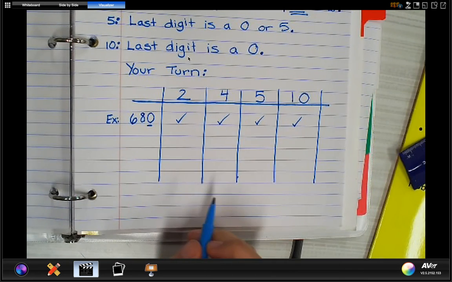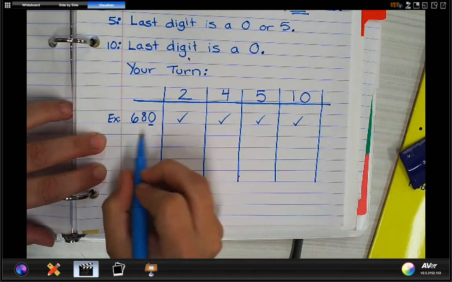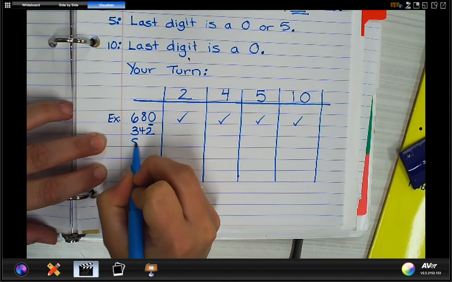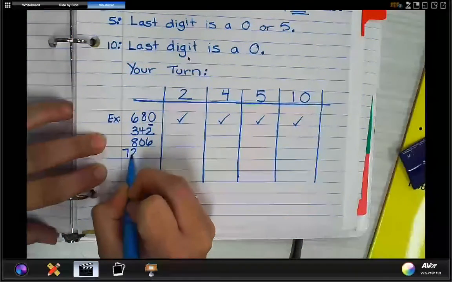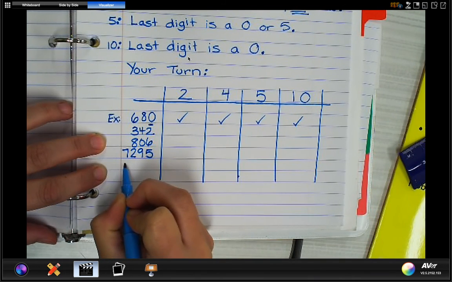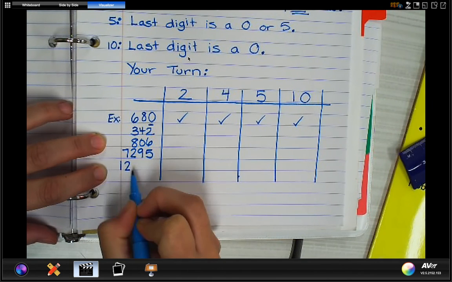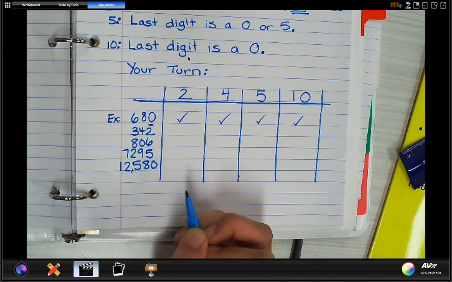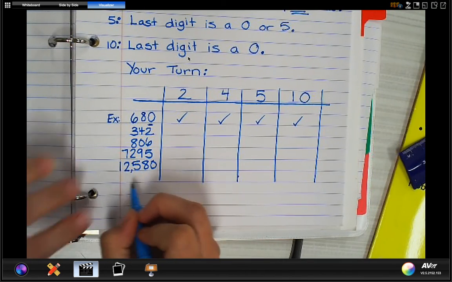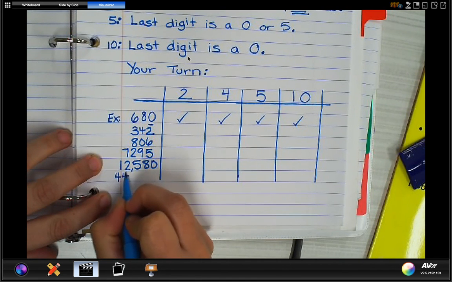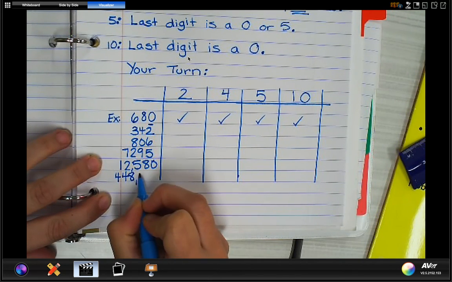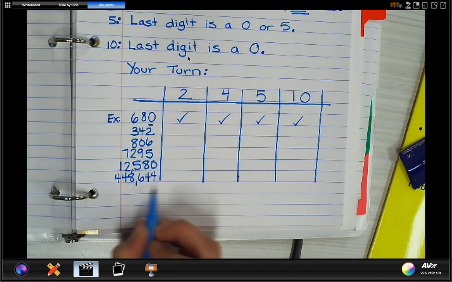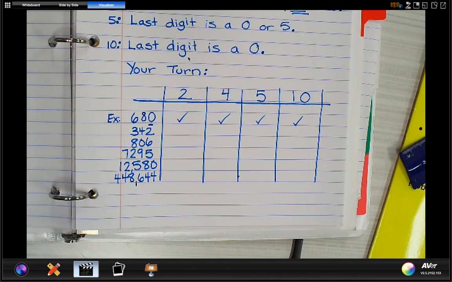So the numbers that I would like you to practice, I'm going to give you 5. So here's number 1. Let's start in the hundreds. Let's do a 342, 806, 7,295, let's do 12,000, 580. And then lastly, let's do 448,644. Don't get scared by those big numbers because remember, we're really focusing on the last digit or the last